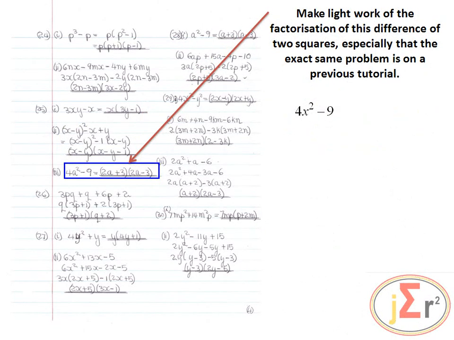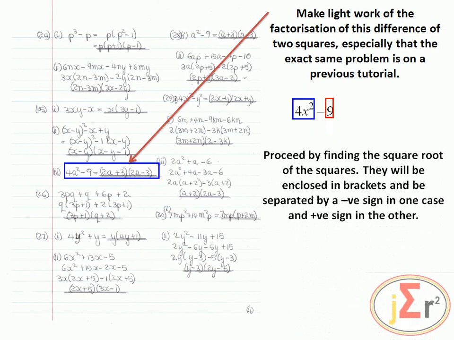Make light work of the factorization of this difference of two squares, especially that the exact same problem is on a previous tutorial. So on a previous tutorial we have this exact same problem, so we may just go straight ahead. And I think that we have seen this one also already, so we do not have to beat around the bush. So 4x squared minus 9,